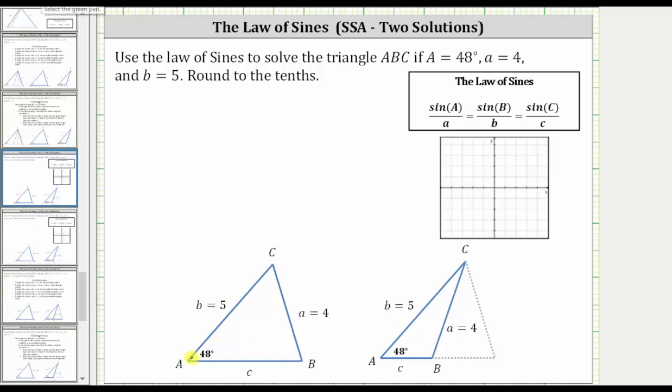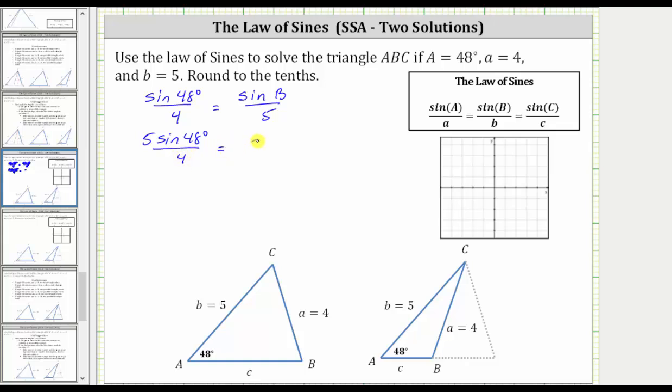Using the law of sines, we have the sine of 48 degrees divided by 4 must equal the sine of B divided by 5. Now we could cross multiply here, but let's go ahead and multiply both sides of the equation by 5 to solve for sine B. If we multiply both sides by 5, we have 5 times sine 48 degrees divided by